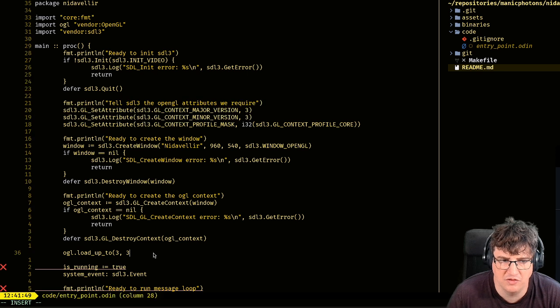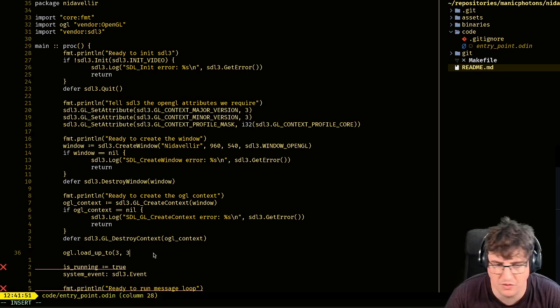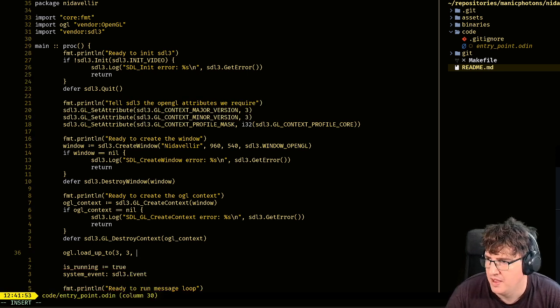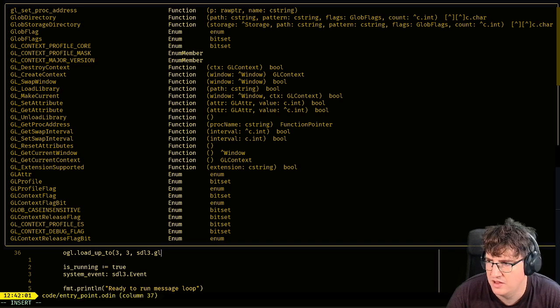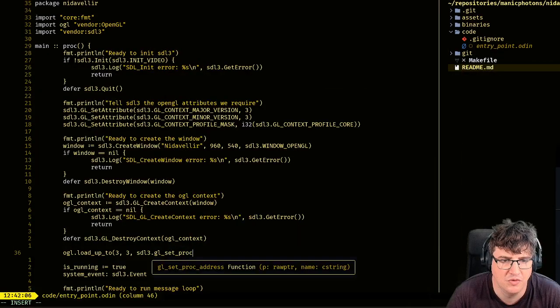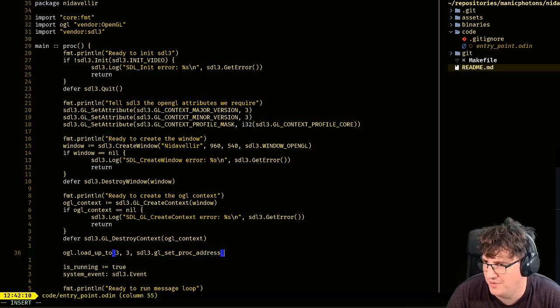So I should really pull those out as a separate variable, but we're only doing this as a quick test. And SDL3 dot GL set proc address. There we go.